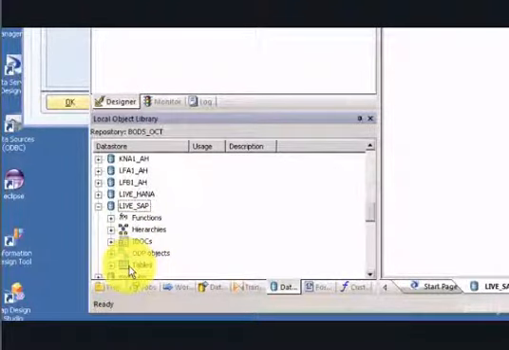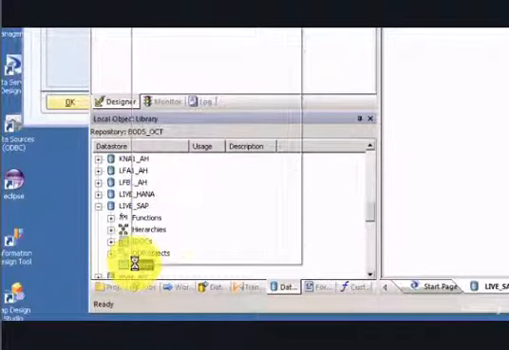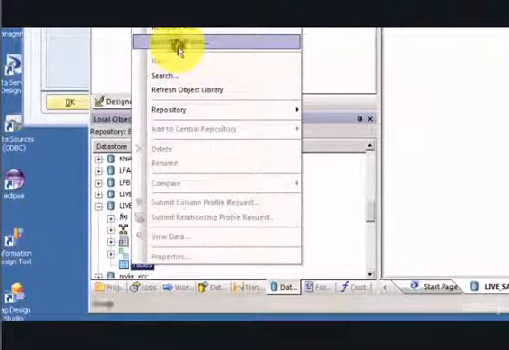So let's right click on the table. Currently, if you see, the table folder will be empty. So you want to right click on it and you want to say import by name. We are going